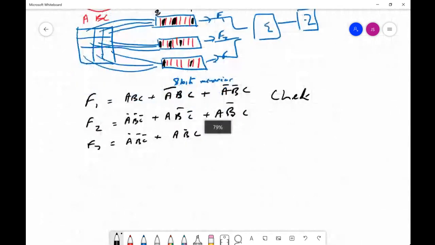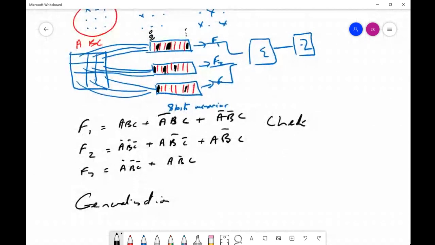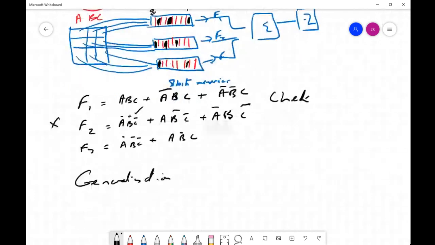Okay, now to work out the generalization. And we can have 3 generalizations. I think you did the same mistake again. It's not A, B, not C. Oh, crikey. This one, is it? Sort it. Not A, not B, not C, yes. Or A, not B, not C, yes. Or not A, B, not C. Are we happy with that? Yes, yep, great. You're going to be all right. You're better than me at this.